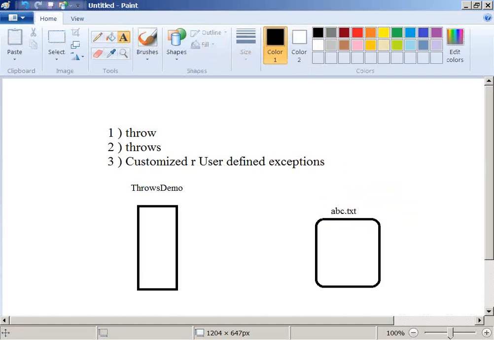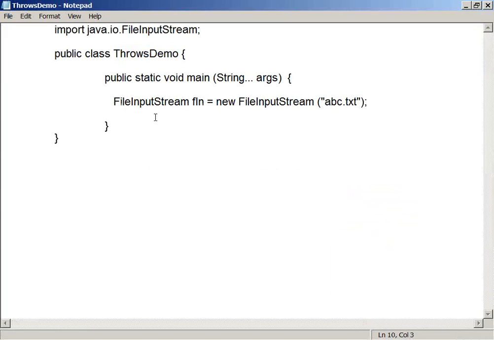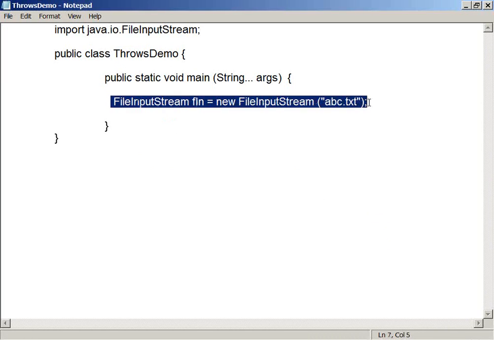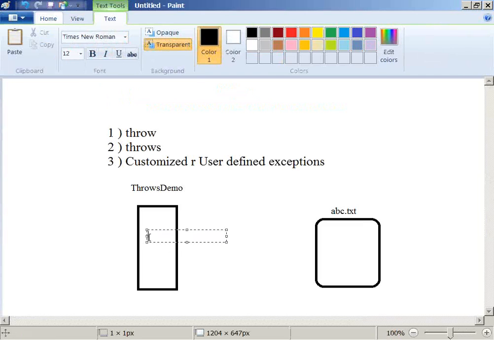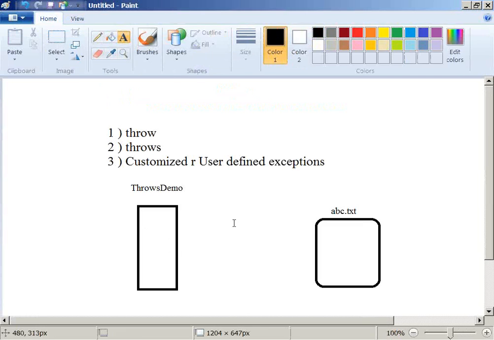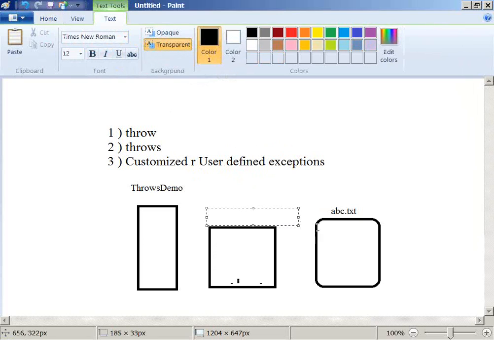But actually, if you see the statement, I am not directly trying to read that file. There is some intermediate class I am using, which helps me to read that file. Getting me? There is some intermediate Java class I am using, which is actually going to help me read that file. So in between my class and the actual physical file on the hard disk, I am taking the help of one more class. What is that class here? This class is FileInputStream. Getting me?